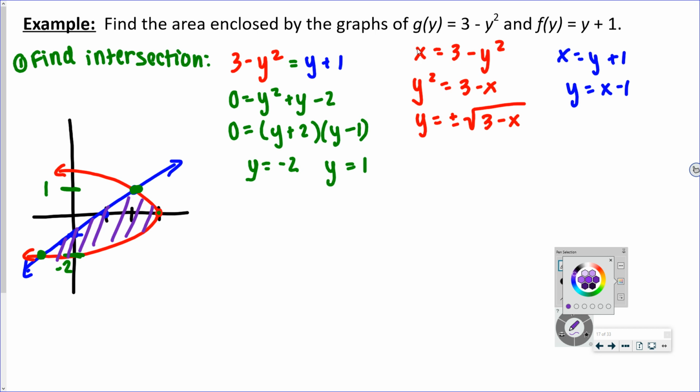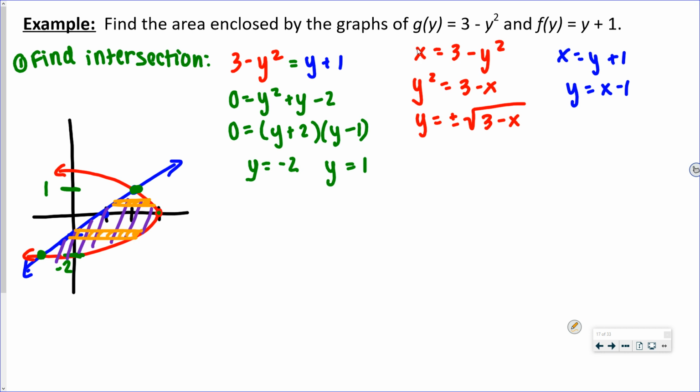Okay, so then you have to decide, and like I said, this one there's a little bit of a hint that we're probably going to do this with respect to y, because my equations were in terms of y. But here's where you have to decide, am I going to use vertical strips or horizontal strips? If you were to draw in vertical strips here, the red curve would be the top and the bottom, so I wouldn't be able to define the height of that rectangle. But anytime I draw a horizontal rectangle in, or a horizontal strip,